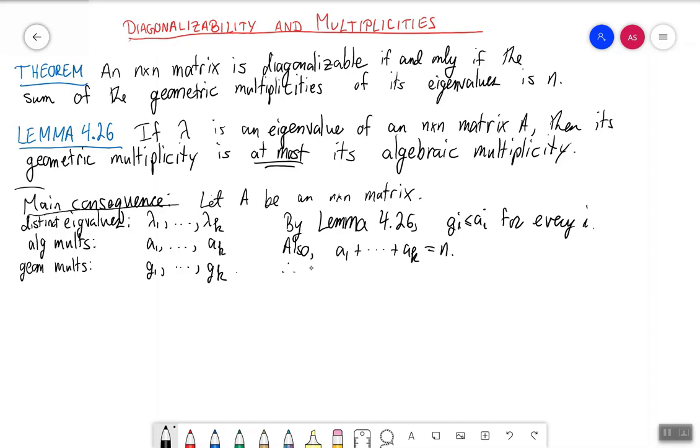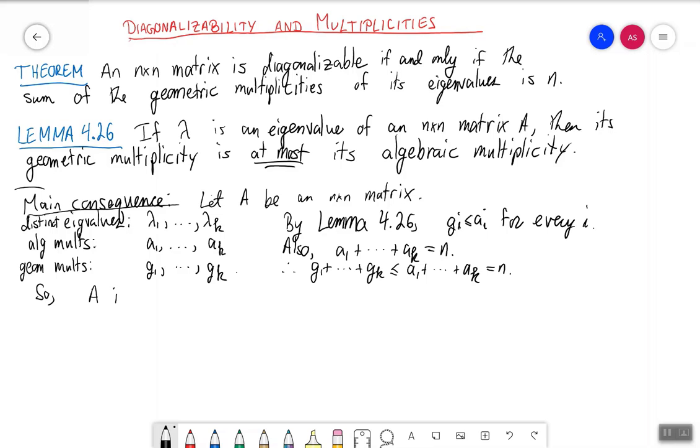Therefore, g1 plus dot dot dot plus gk is at most a1 plus dot dot dot plus ak, which is n. So, putting these things together, along with the theorem above there,